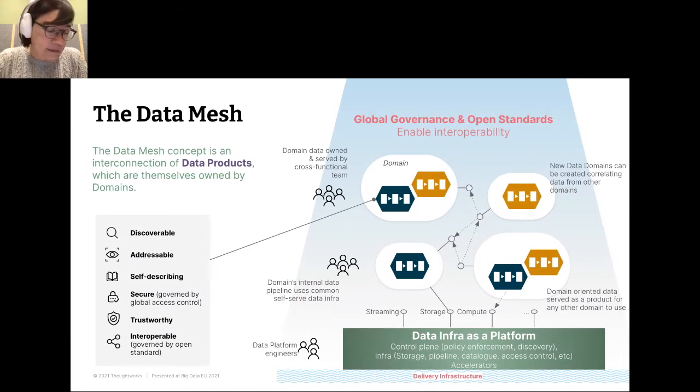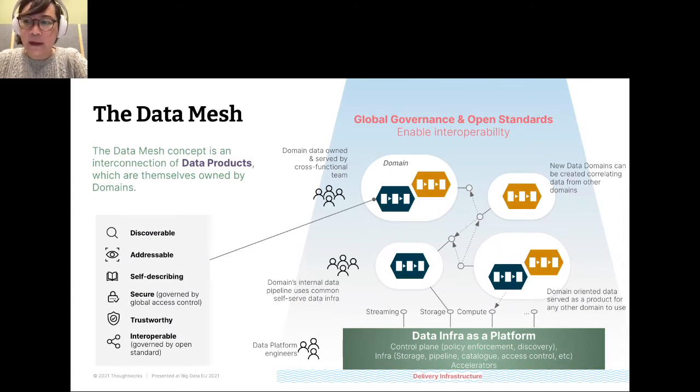And just like in the domain-driven transformations of software, we take a domain-driven approach with the data mesh, where we define domains that are aligned along value streams, and those domains own data products. And those data products are these little hexagonal things, which I will explain momentarily. But the data mesh supports the data product development using a common use case agnostic data infrastructure as a platform, self-service infrastructure, and delivery infrastructure, and enforces the interchange of this data through global governance and open standards to ensure